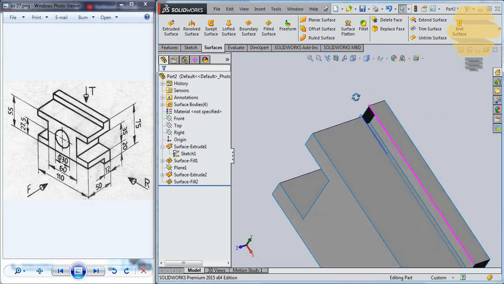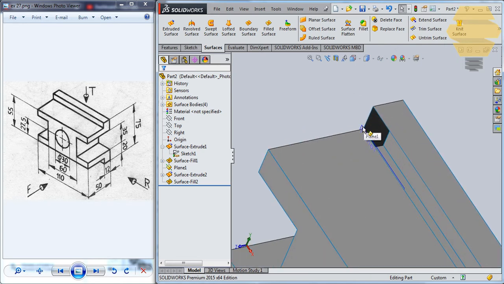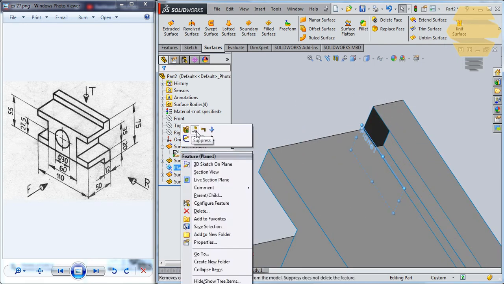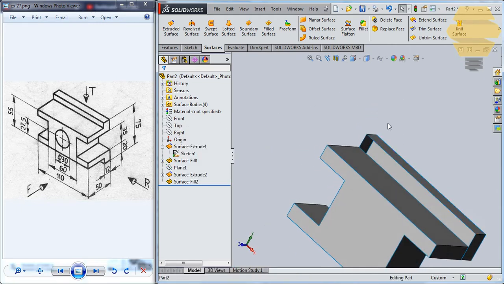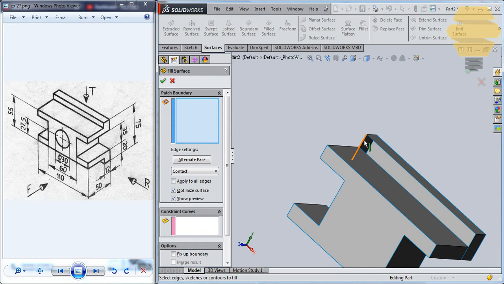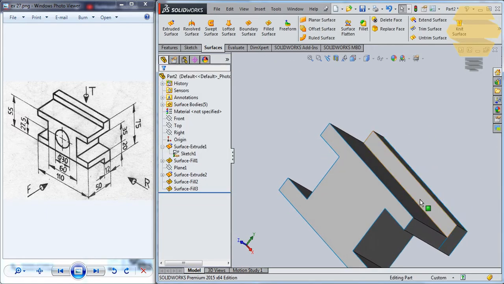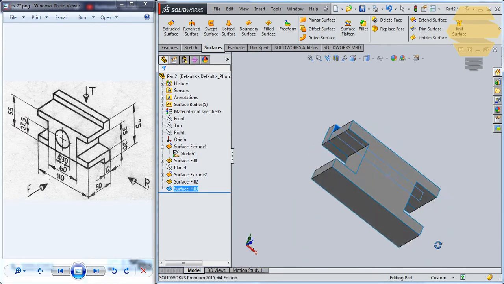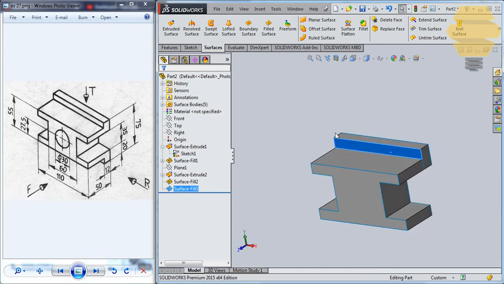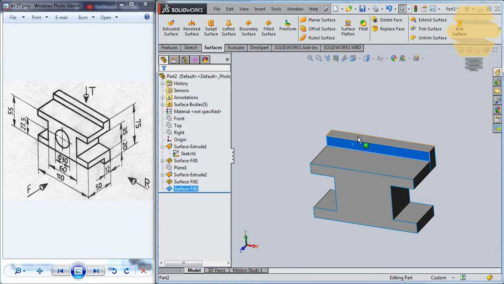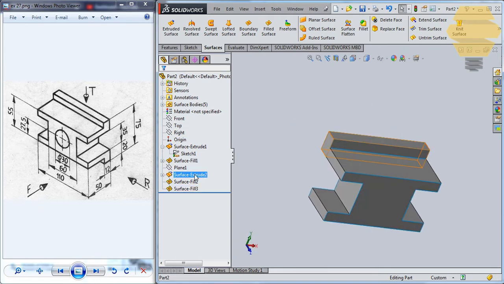and again you can go ahead and hide this plane if you don't really need it at the moment, and then you can go for fill surface again, select this edge, this edge, this one, and this one, and you can go for fix up the boundaries. Click on the tick mark, and that will be done. So we have this portion done completely, right? So what you can do now is select 1, 2 and 3,